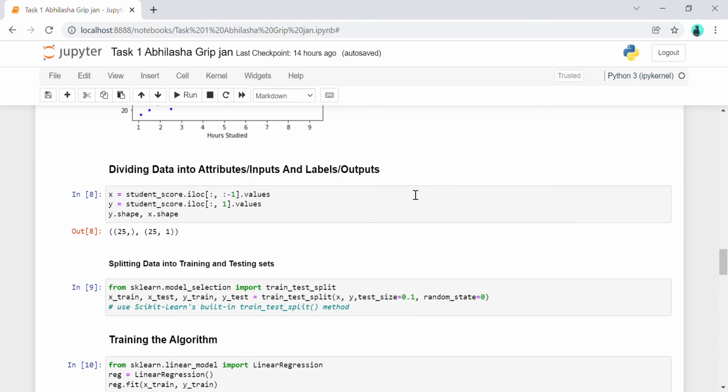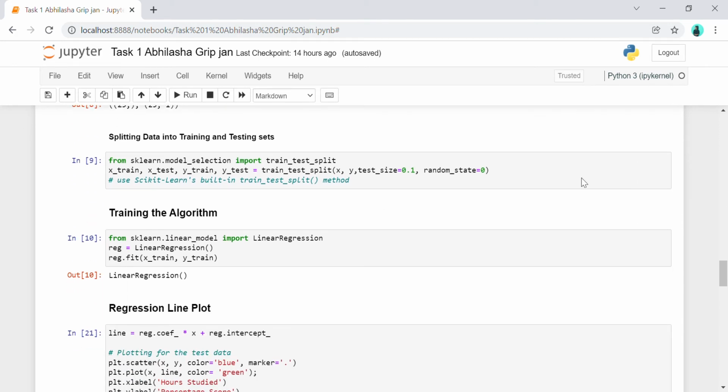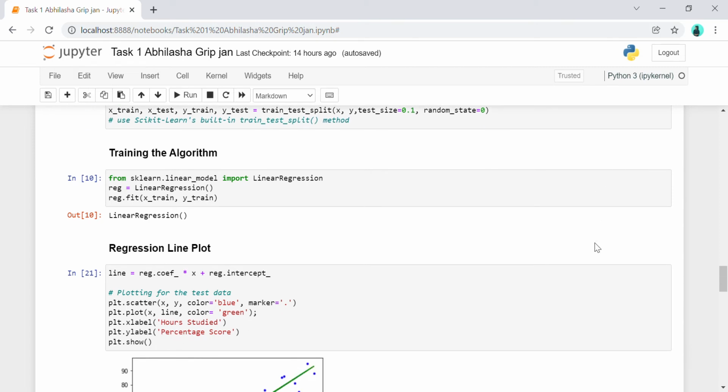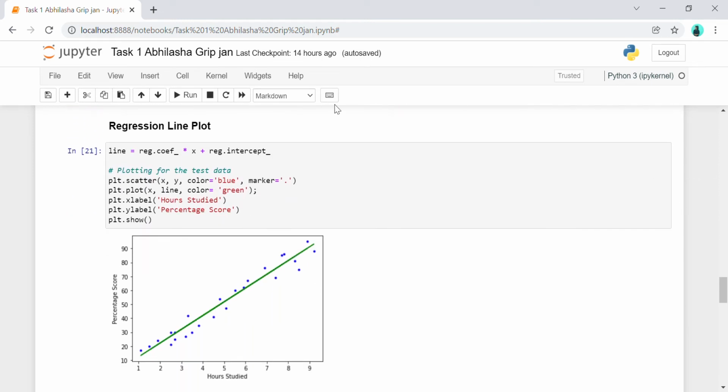Now we will divide the data into attributes and labels. Then we will split data into training and testing sets. Next step will be training the algorithm. We will be importing linear regression from sklearn.linear_model,